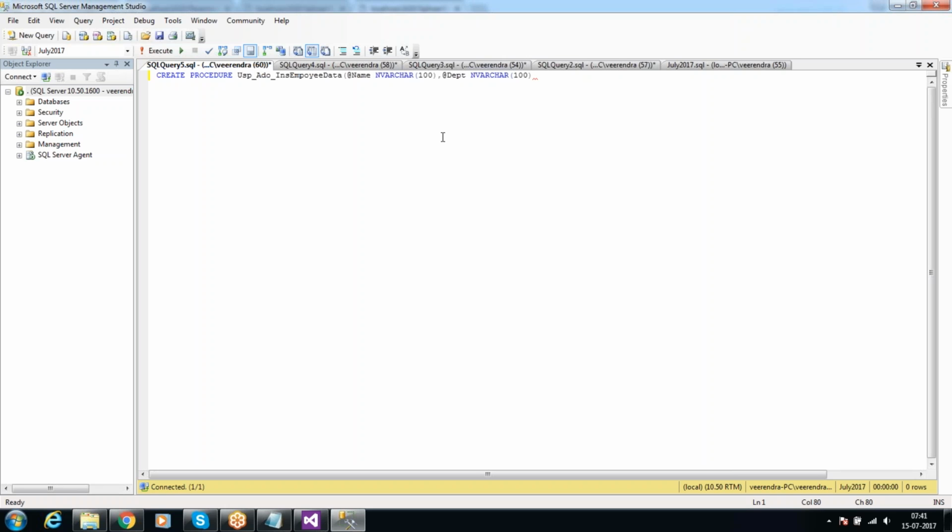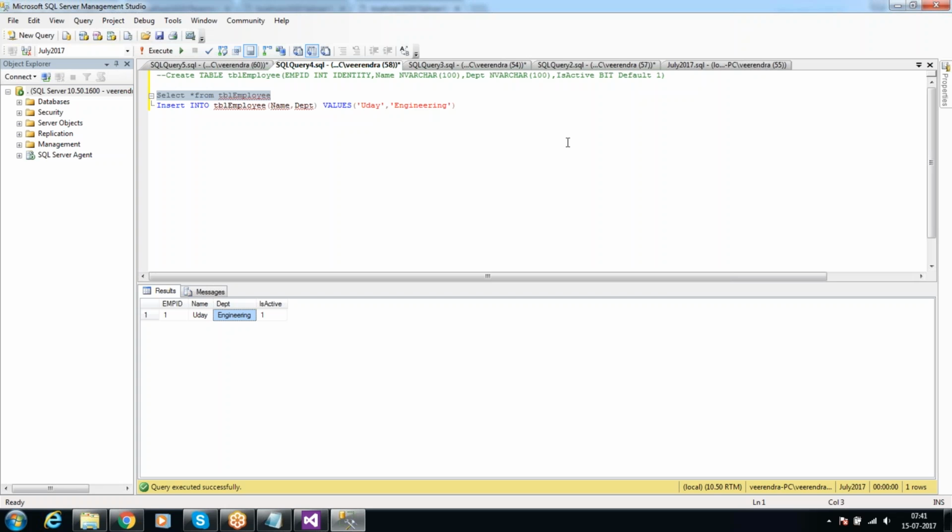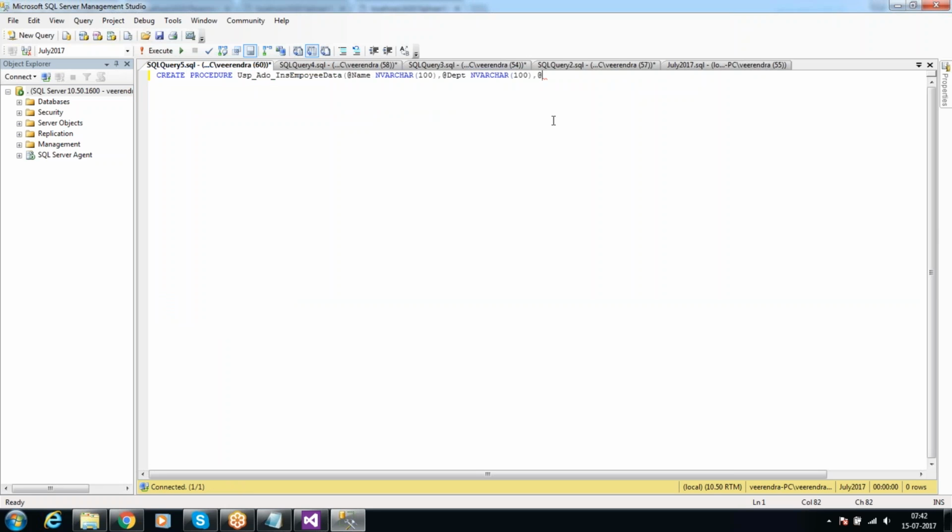And one more thing: I want to know what the employee ID of a particular person was, once after the insertion. For this I want to consider @empid int. This is an output parameter. You can use out or you can use output also, no problem. As